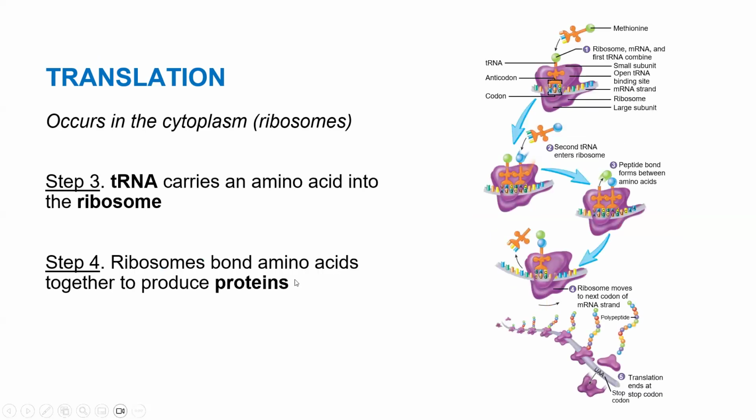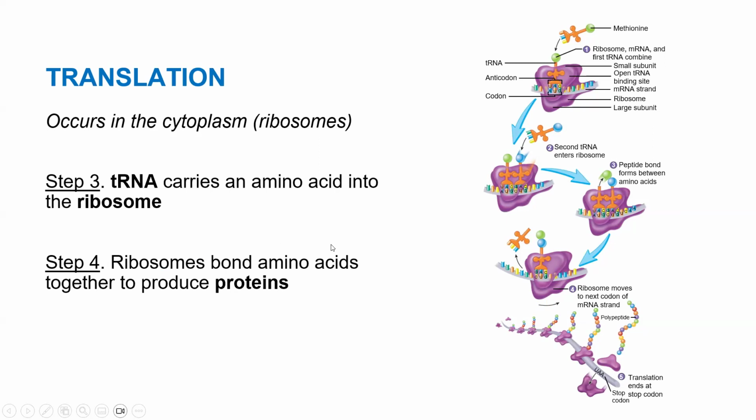Okay, so step 3, tRNA is now going to bring that amino acid into the ribosome. So step 1, our ribosome, our mRNA, and our tRNA are going to combine. Even though this is 1, I'm just trying to make sure you're not confused. We're really here. This is a little more detailed than you need to know, but once our tRNA with its amino acid enters the ribosome, it is going to